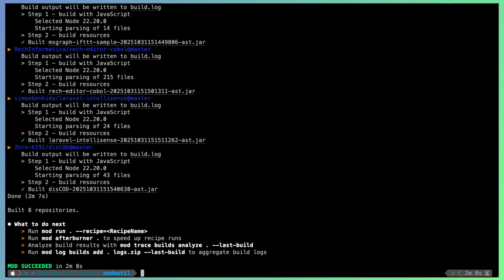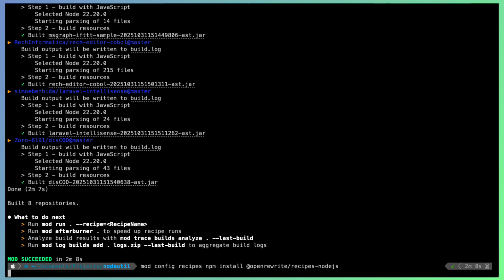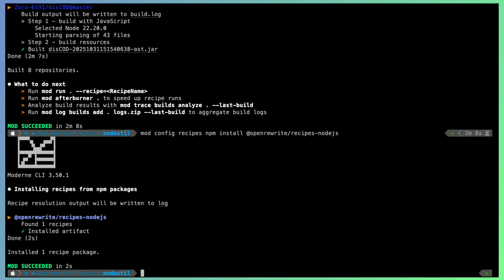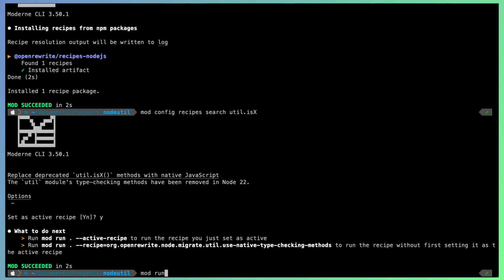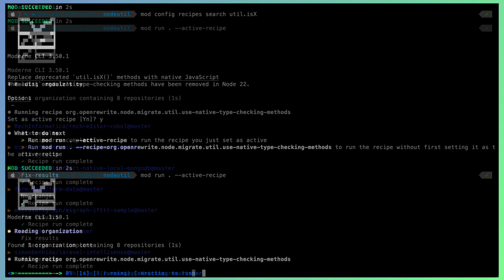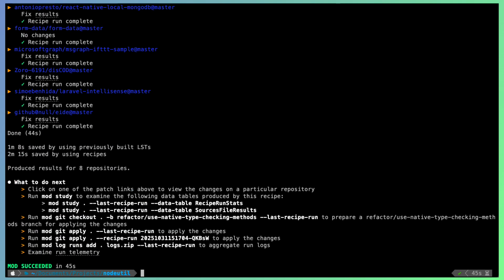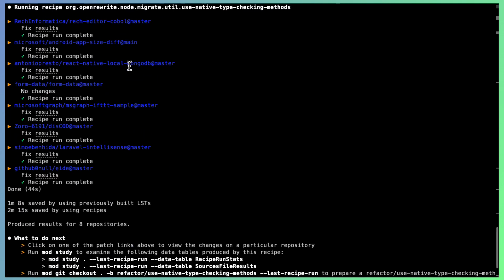To run the migration, you need to first make sure the recipe is installed onto your machine. Use the mod config recipes npm install command. In this case, the recipe lives in the @openrewrite/recipes-nodejs module. Now you're ready to run the recipe. To help find it, you can use mod config recipes search and set it as the active recipe. Then use mod run with the --active-recipe option. This works across all of the synced repositories, and you can preview the results from each one to see the